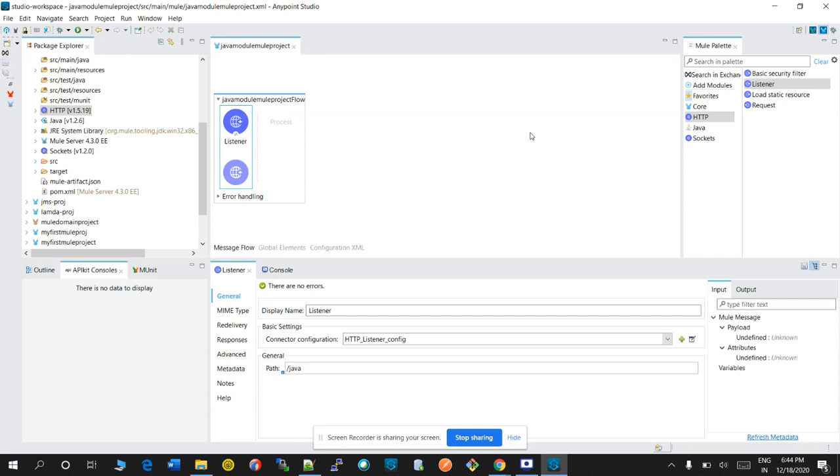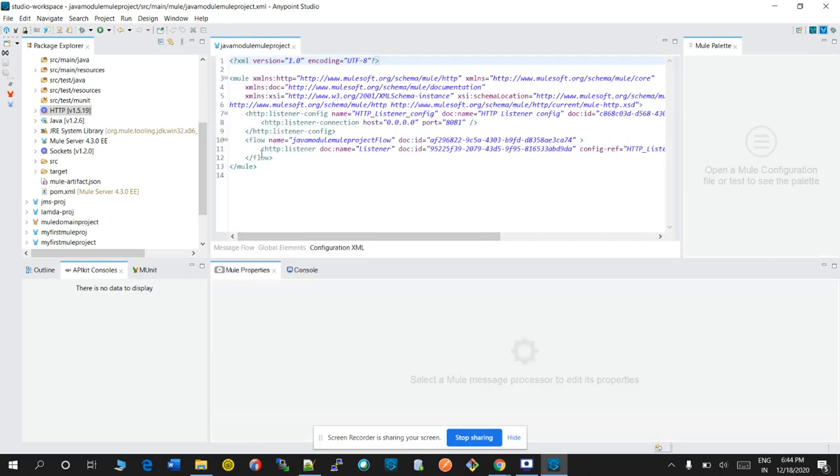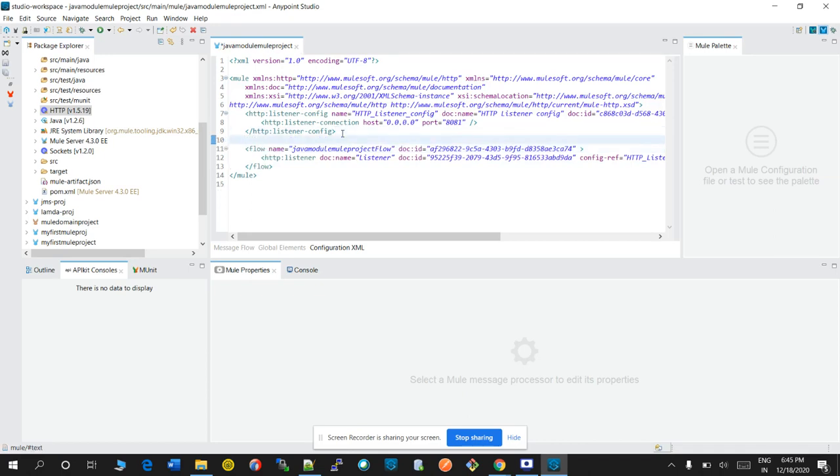If you drag and drop anything in the design section, the backend XML file will be generated. Let's see the XML. This is the listener config.